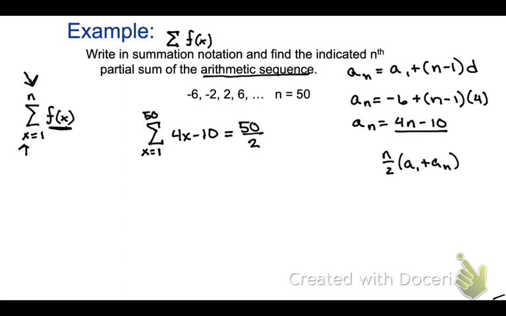A sub 1, you plug in the lower limit. Okay. In this case, the lower limit is 1. We know it is negative 6. If the lower limit was 6, you plug in what? 6. Got me? Okay, so this lower limit into, can I put f of x? Does that work? Okay, lower limit into f of x. How do I get a sub n? The upper limit.